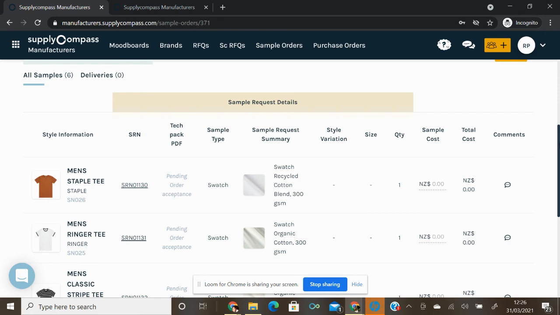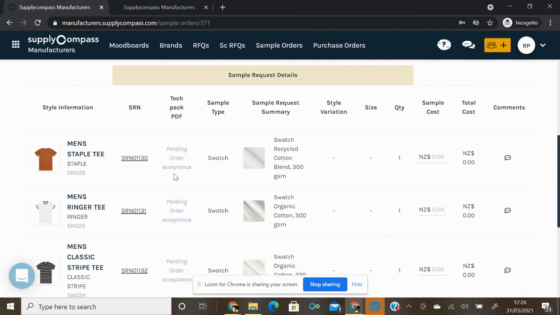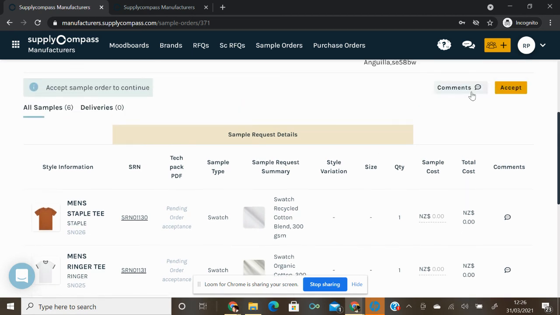Now, what manufacturers do is they will review this and they'll go into all the individual tech packs. Just like with RFQs, they can click on the style and see the entire tech pack. And they have the ability to come back here and comment on an overall sample order level where they can say, look, you've requested these swatches, but I've already sent you similar options previously, etc. Or they can also comment on